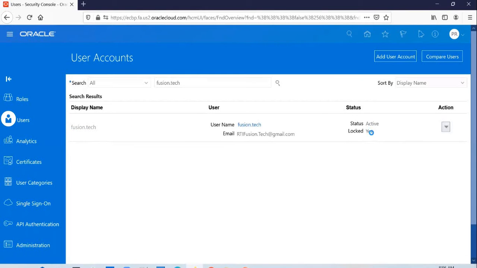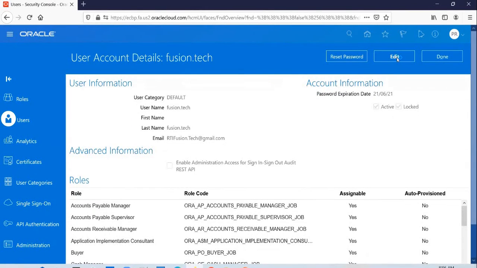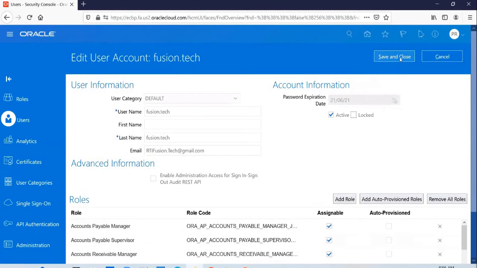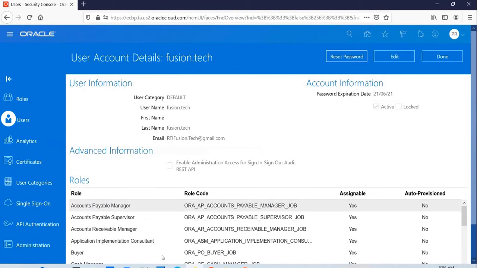Yeah, I see the lock. The user is in lock state at the moment, and I'll just unlock it. After I unlock it, you will be able to log in with the previous password that we have shared. Okay, great. Yeah, thank you.